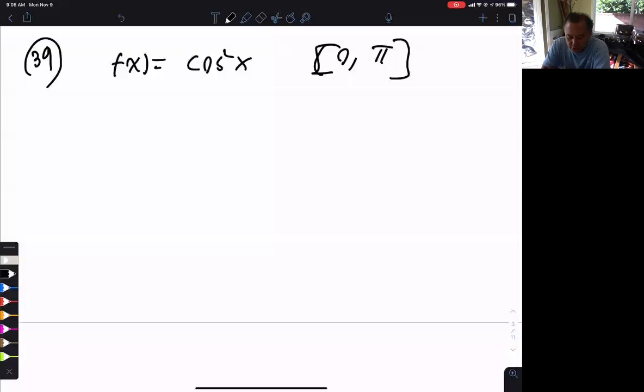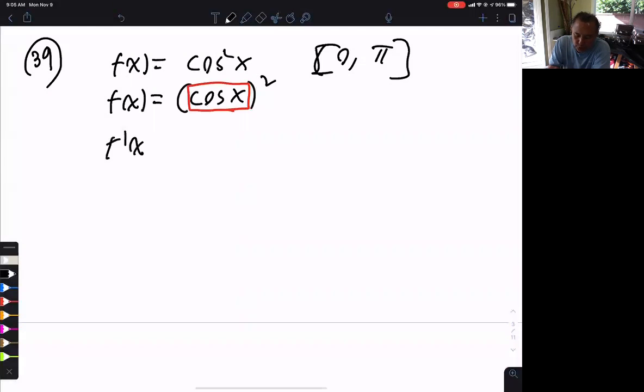So this is chapter 4, section 1, number 39. We are trying to find the critical points and to find the absolute max and min of this function. So to find critical points, let me rewrite this. You need to know that this function is really that. And that's box squared because it's not x squared, so therefore it's chain rule. So you bring the 2 in front, it'll be 2 box, take away 1 from the power, times derivative box,